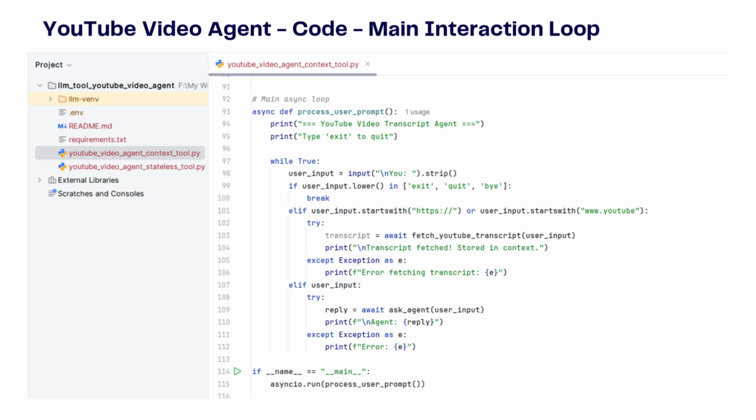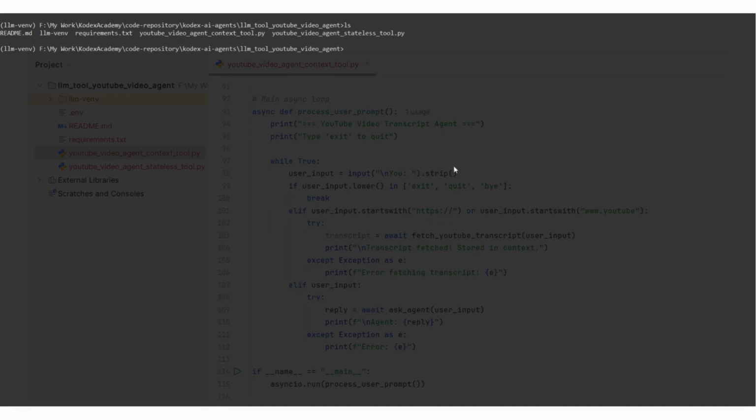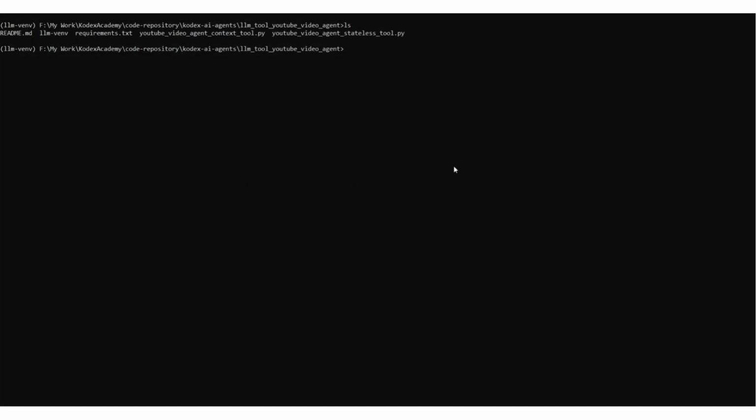This system is flexible, context-aware, and dynamic, meaning it can handle multiple videos, multiple queries, and even follow-up questions without requiring any pre-written rules. This program leverages real video content, LLM reasoning, and tool integration. This allows it to provide accurate, natural responses to a wide range of questions. Now we'll show a live demo of this program, where we input a video URL, ask questions, and see the LLM generate answers in real time.